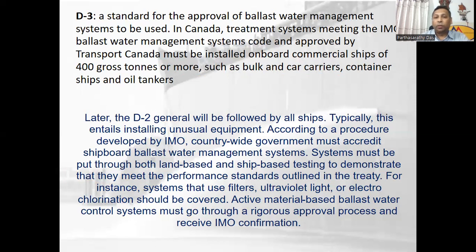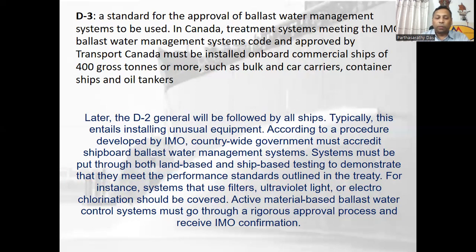In Canada, treatment systems meeting the IMO ballast water management system code and approved by Transport Canada must be installed on board commercial ships of 400 GT or more, such as bulk carriers, container ships, and oil tankers. So these are the 3 standards that give us an idea about the implementation procedure of the ballast water management system. In fact, in general, later on,